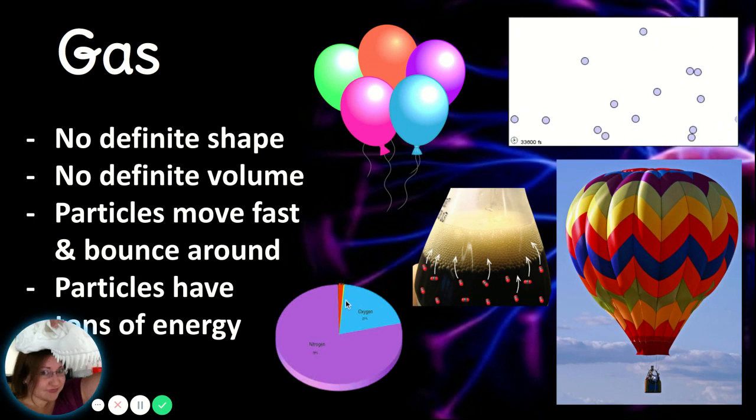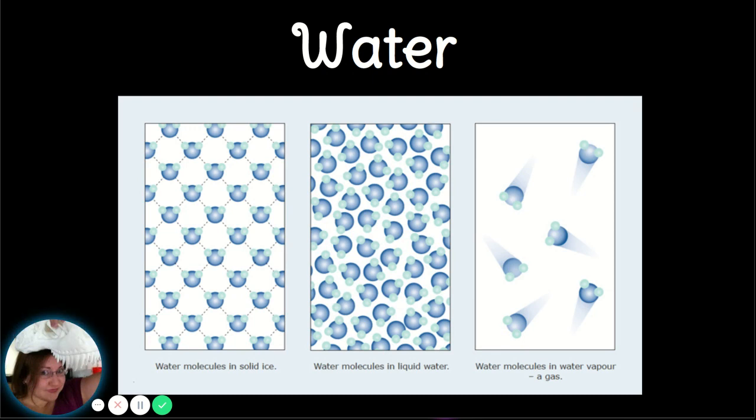And then you've got some hydrogen, carbon dioxide, water vapor, and argon, and some other elemental gases in different amounts. So water is one of those materials that we can find on Earth in all of the different states of matter that we've talked about, solid, liquid, and gas, simultaneously. So we have ice, we have liquid water, and we have water vapor that's up in the air,